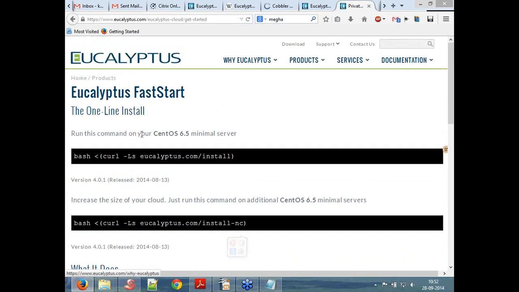You can download it and have your own. If you are new to Linux, you can simply make one CentOS operating system and run this command. That's it. You can have your own cloud at your home, and you can practice whatever you want. Okay, so in today's session,